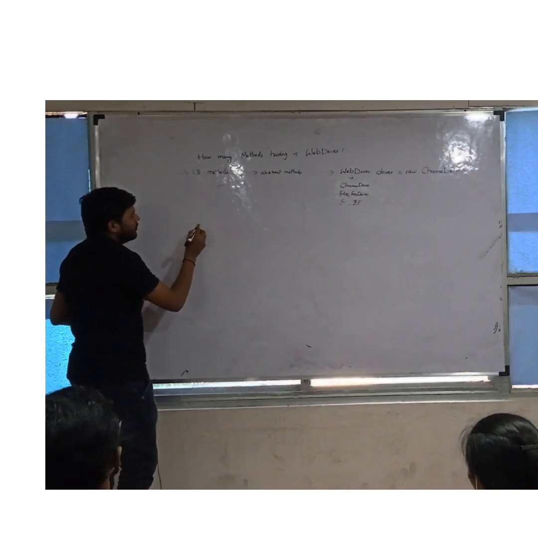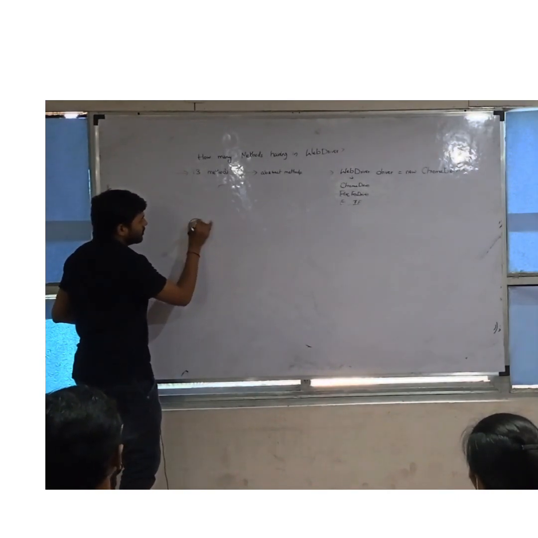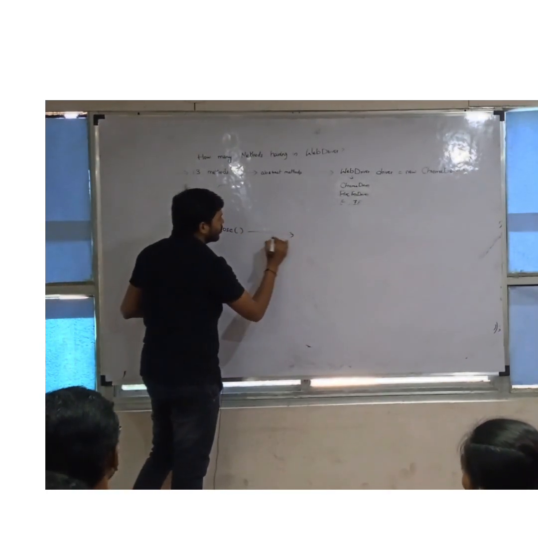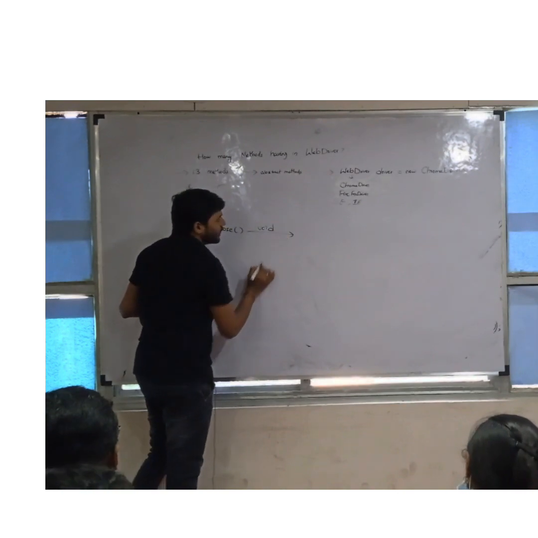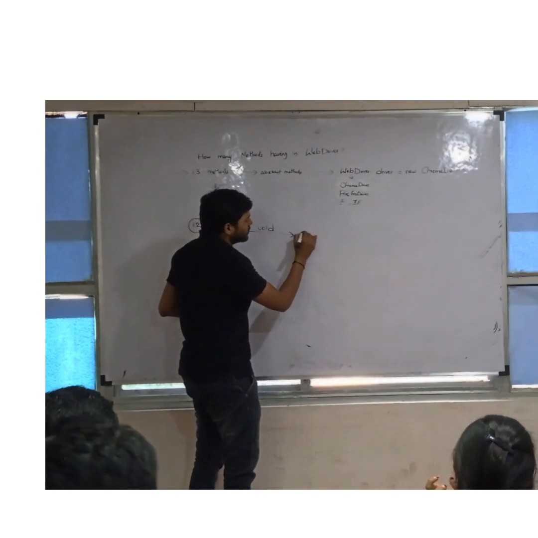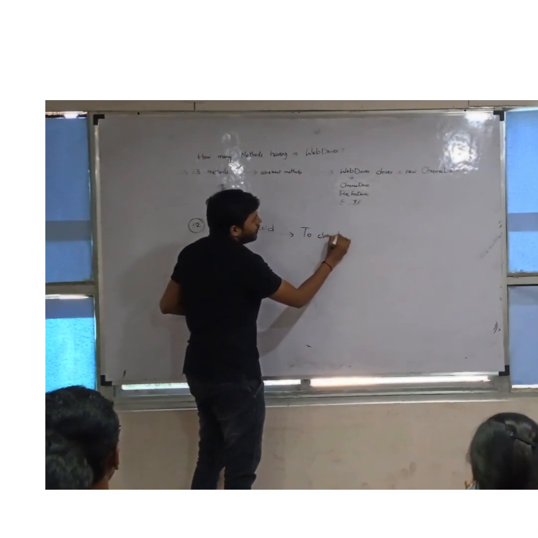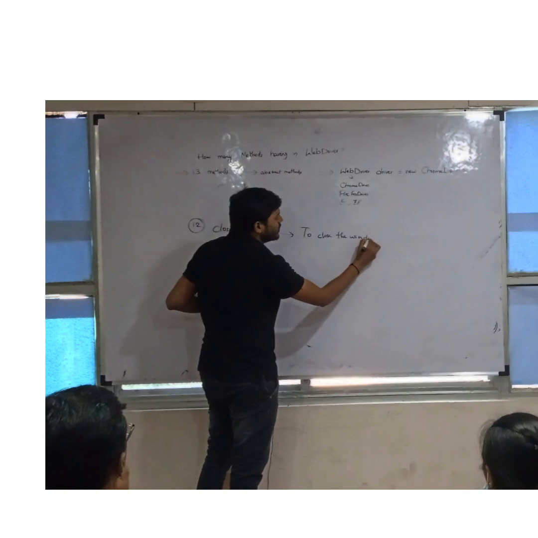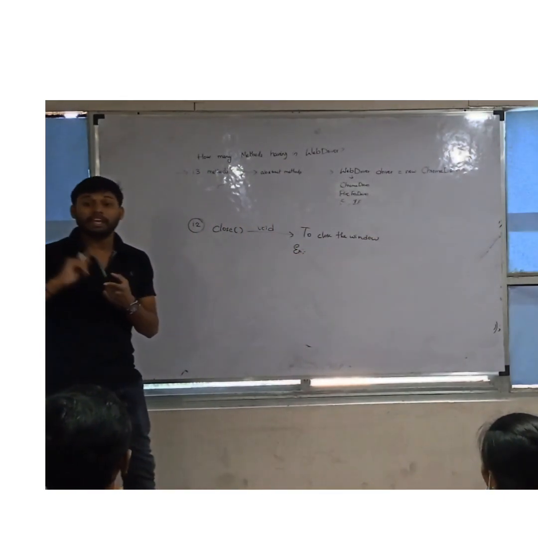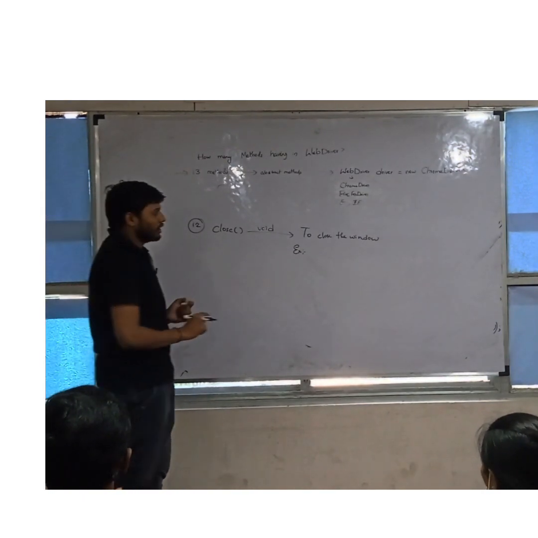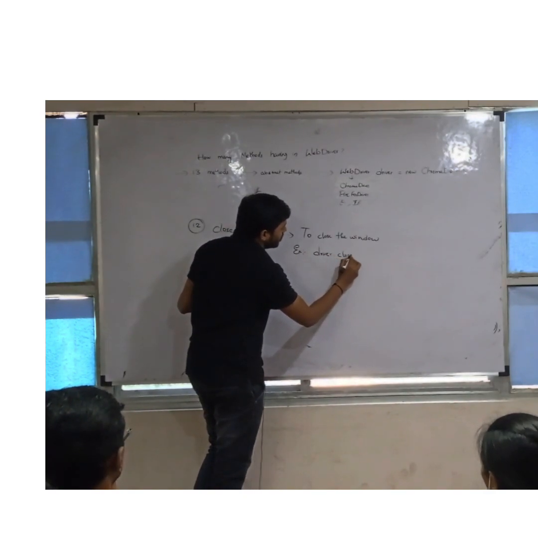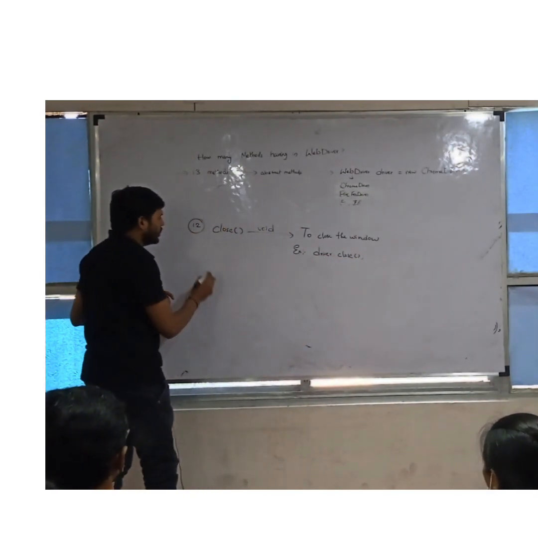So again, we have a method named close. The return type is void. We use this close method to close the window. We need to see a difference: what is the difference between close and quit? For example, we can use driver dot close, then the window will be closed.